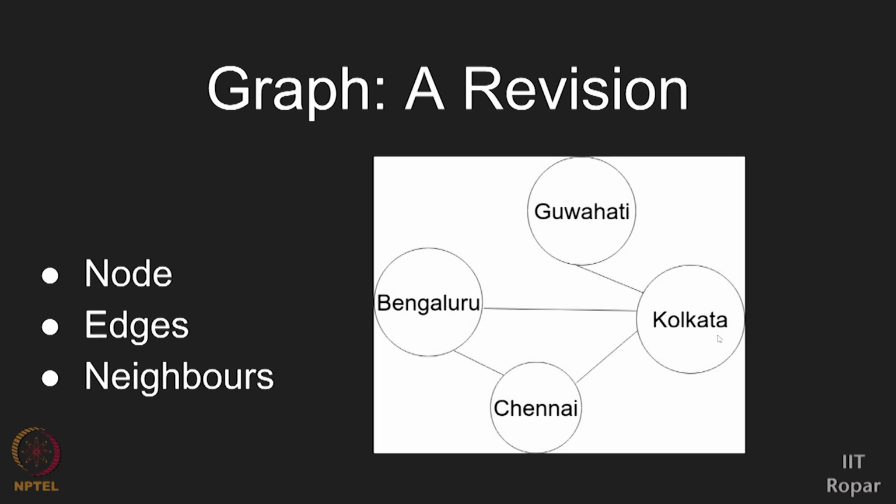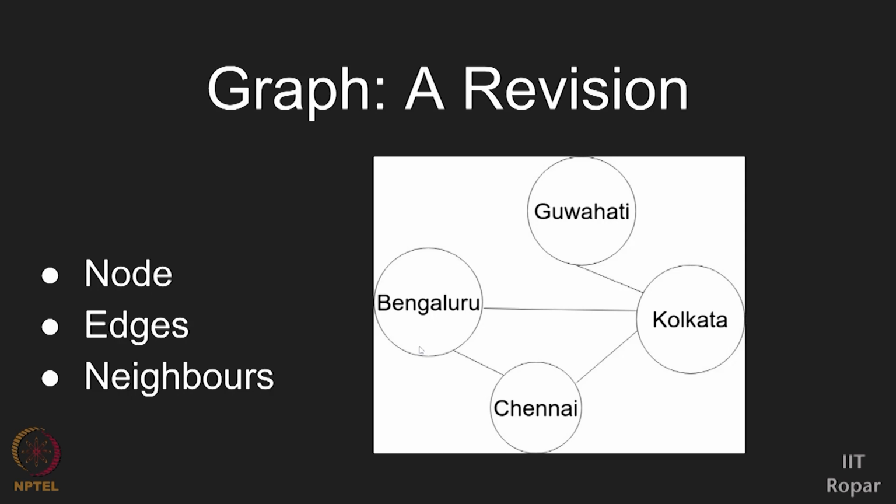This network is an undirected graph. That is, there is no direction; the edges are bidirectional, we assume. If there is a train from Chennai to Bengaluru, there is another train from Bengaluru to Chennai as well. That is an assumption we have. That's how our Indian railway network in major cities is. That's an assumption we had made.